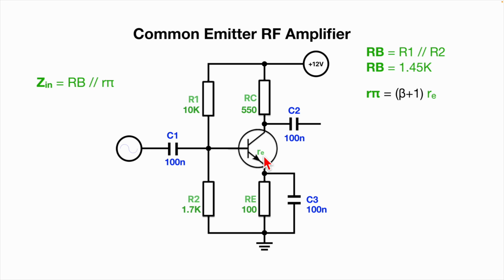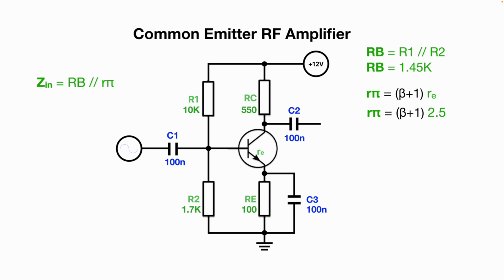It's known as R sub E, or little re, which is this intrinsic resistance of this diode drop, basically, the base emitter junction. And it's calculated as the thermal voltage, which is 25 or 26 millivolts, divided by the collector current, which in my case is 10 milliamps. So that gives you